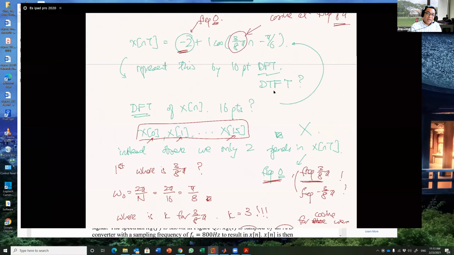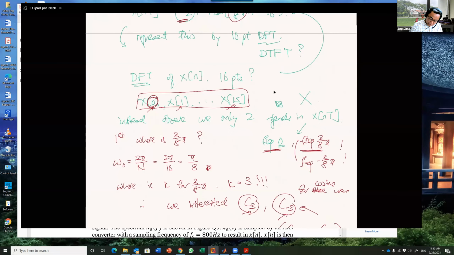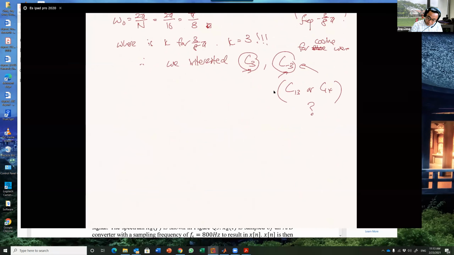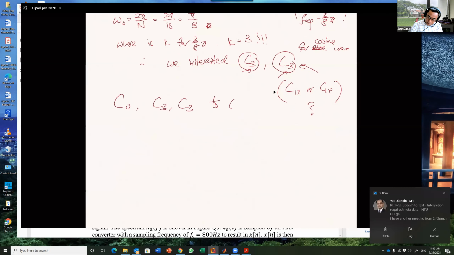Which frequency k is representing minus 2? And the answer is, of course, the kth harmonic equals 0. So we need to solve C0, C3, and C minus 3 to represent our signal of interest,